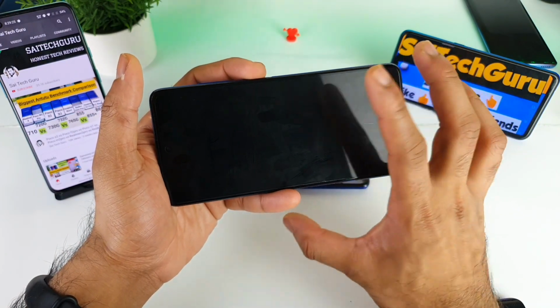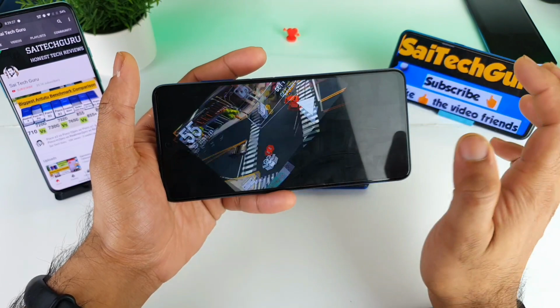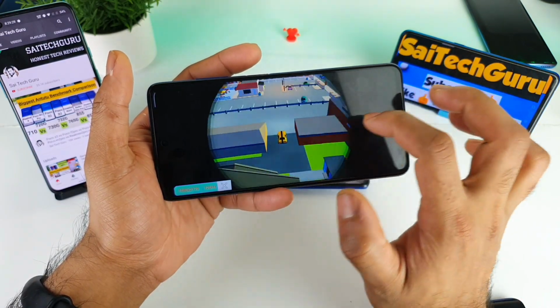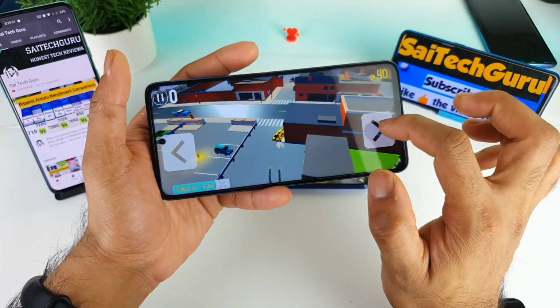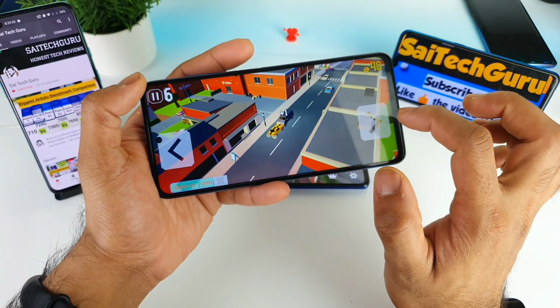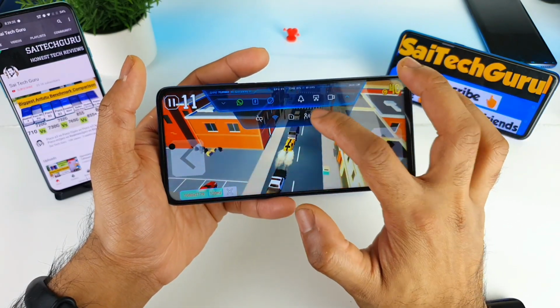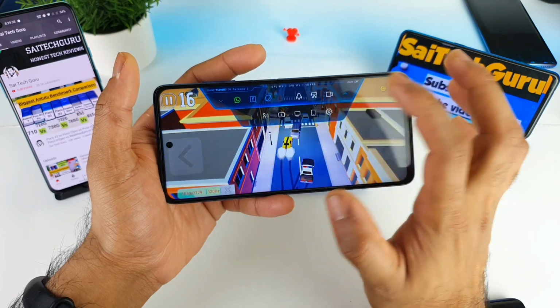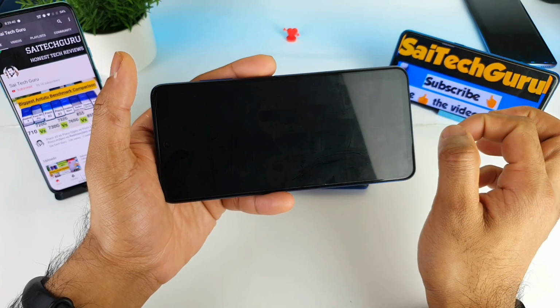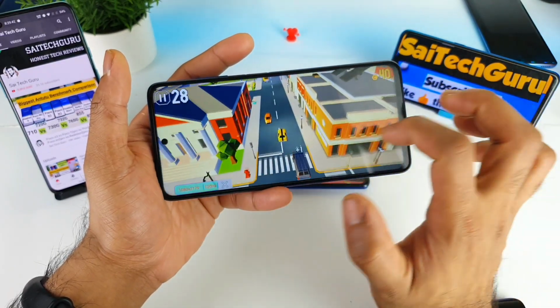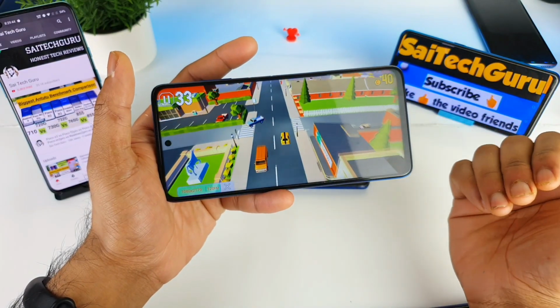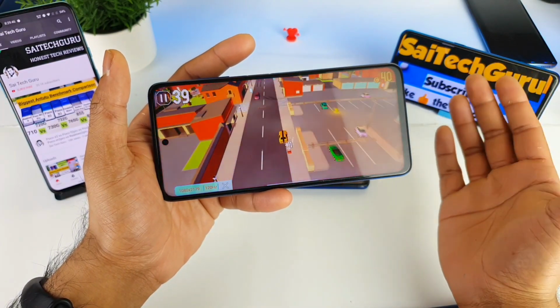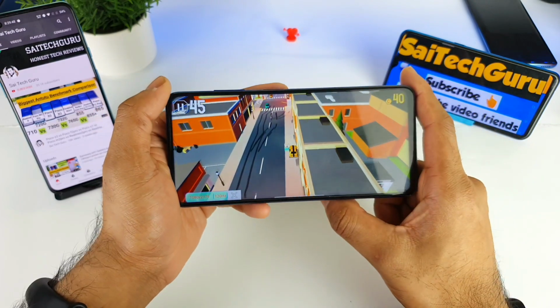turning off the screen, but the game keeps on running in the background. That's another good thing, friends. So let me try to find out quickly how it is useful. So now the game is running, and if you quickly want to close the screen without even closing the gameplay, you can just use this option here, and in the background the game will be running without pausing. As you can see, friends, the game is continuing without even pausing. That's a good advantage as well.